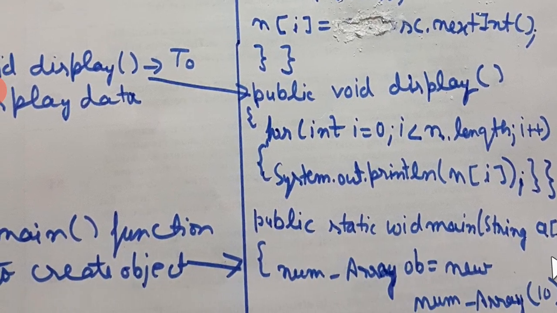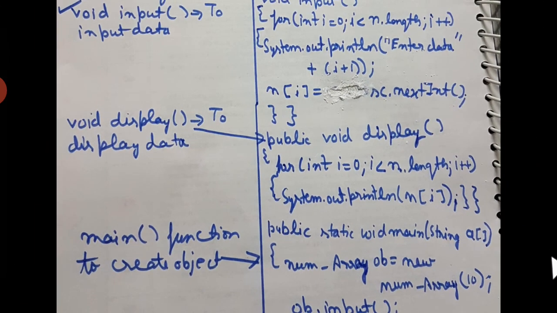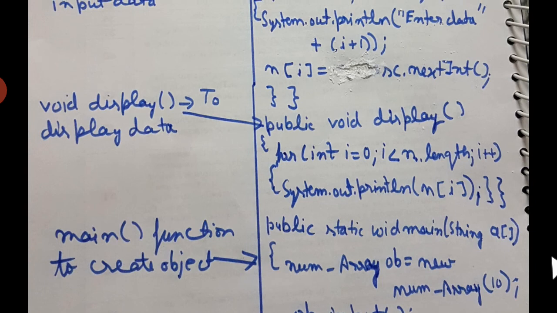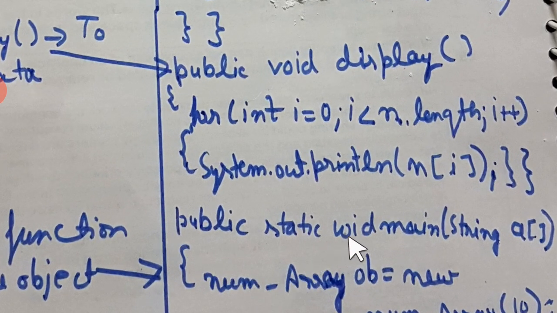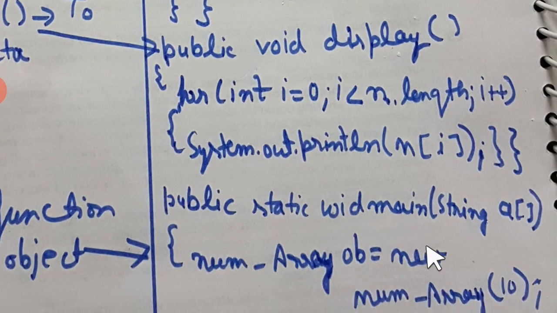All right. After that, all these operations are going to be used through an object of this class num_array. So we have here the main function. Students, look at the main function properly. Public static void main(String a[]) or String args[], as you write, you can write that as well. Whenever you write the main function, please follow the proper format. All right. The parenthesis is closed.